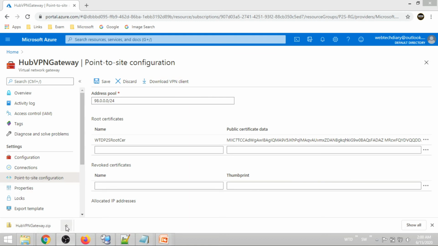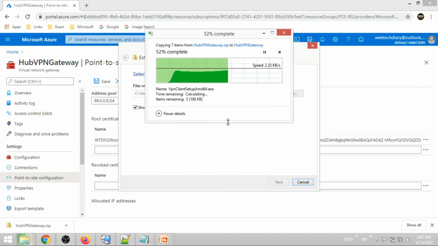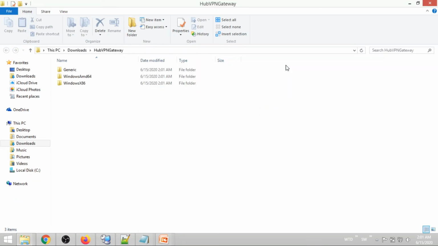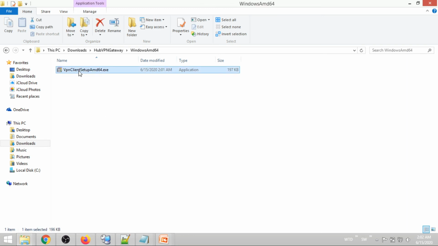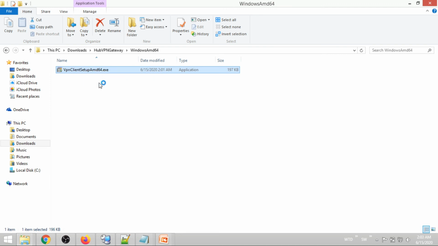Let us extract that and install the VPN client. So we have extracted the VPN client. Let us install this setup.